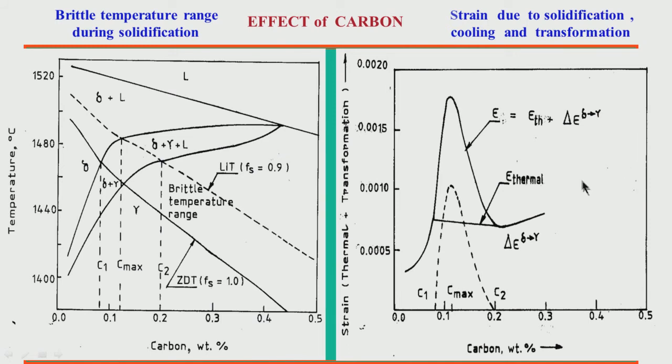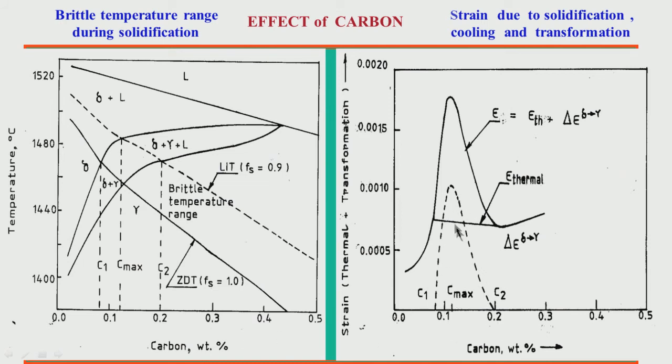Here two components have been shown. One is thermal. Thermal basically means a summation of solidification and cooling, and the other is delta epsilon, the delta strain due to delta to gamma transformation. So, you will find that, as I have shown here, between C1 and C2,